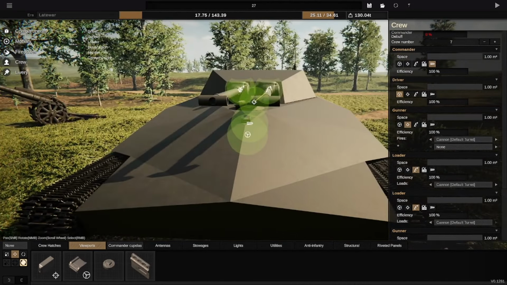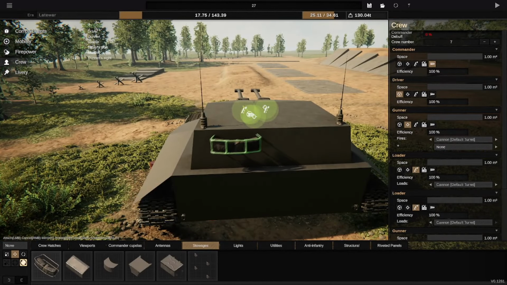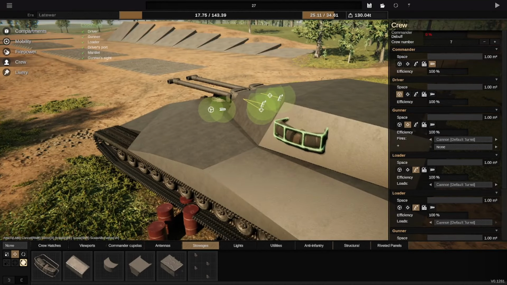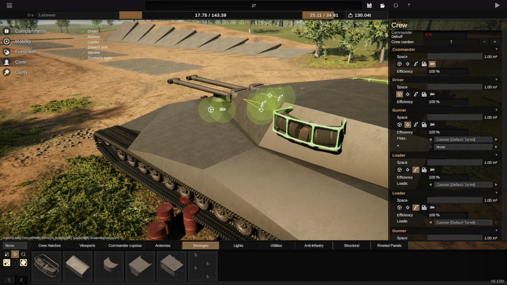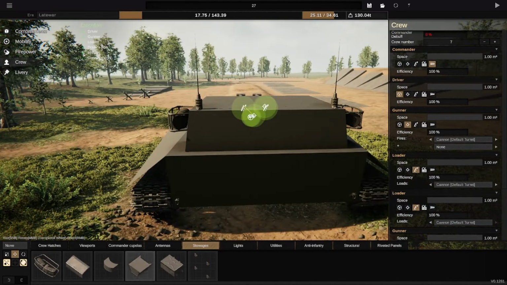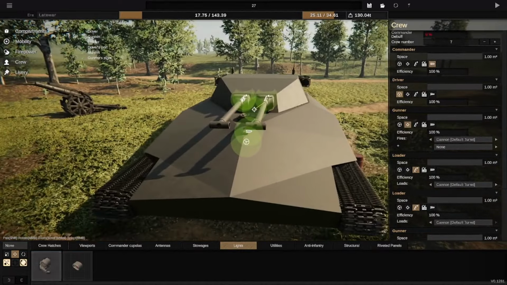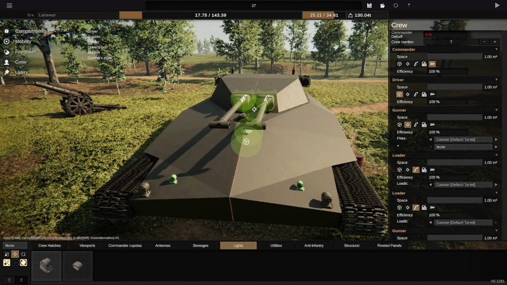And then we have our antennae. Stowage. Are these rounded? Maybe like, oh wait, you know, let's double up on this. It's kind of stupid because like the bags are just so big. Alright, and then let's do lights. There we go. Something right there, I guess. And then...